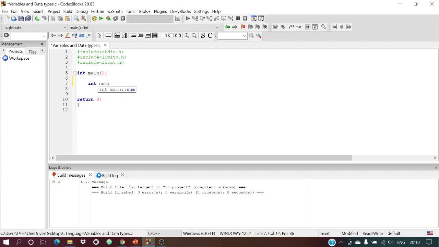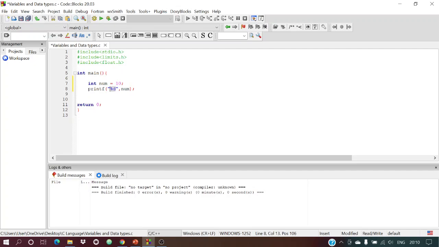And if you want to store a value in a variable, you just give this assignment operator, and say num is equal to 10. What this will do is store the value 10 inside the variable num, which is of type int. Okay, so if we try to print this, see, what is this percent d?